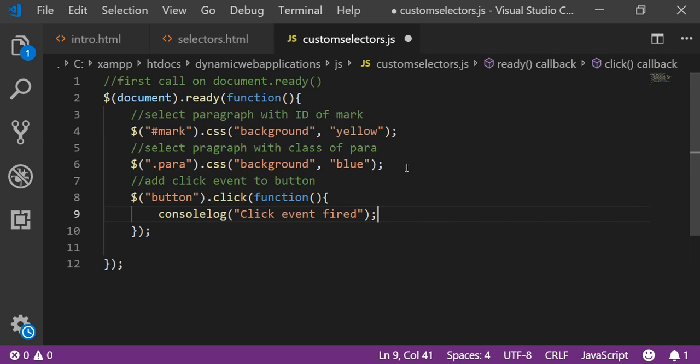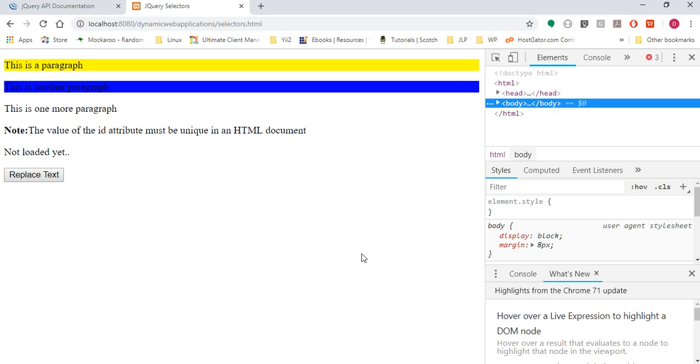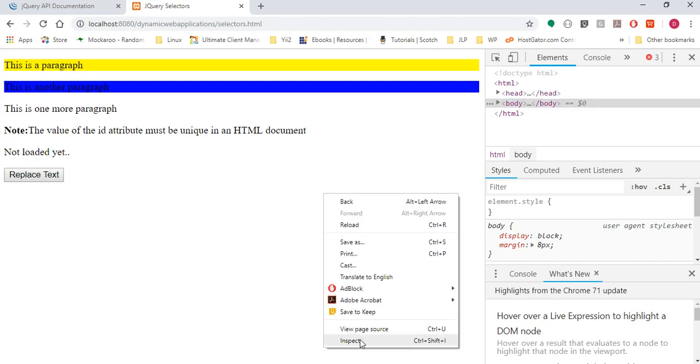And this is a very important, very useful feature with our JavaScript, our jQuery. We can console log events. This will help us for debugging purposes. So let us refresh our document, and in order to view our console, you right click on our document, click